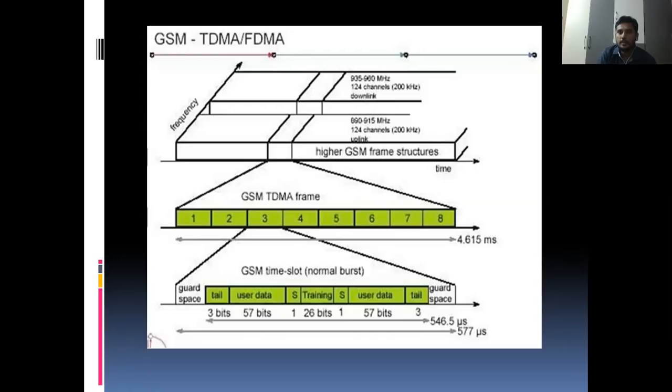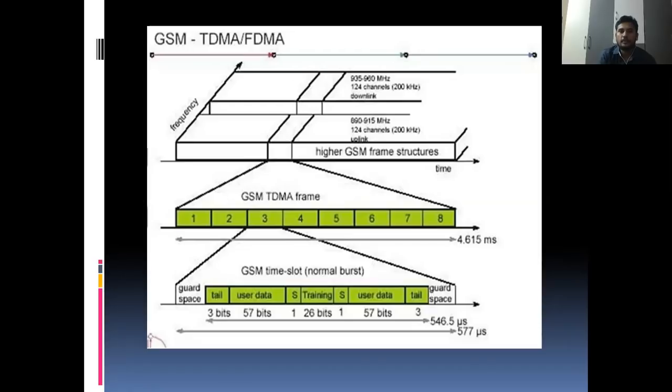For that purpose, a space is allocated. That space is called guard space in the frequency level. So what happens in FDMA? The user enters one particular frequency range and receives data. Entering another frequency range, he receives other data. So at a time there is a possibility of multiple data transmissions on the same guided media, used by n number of channels.